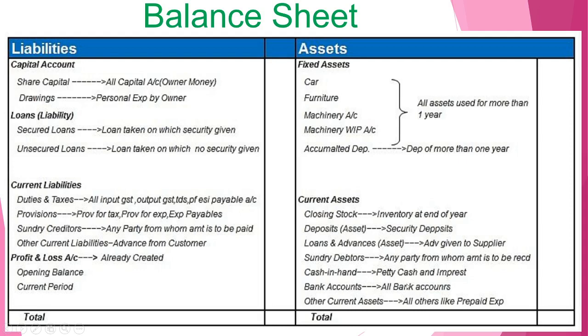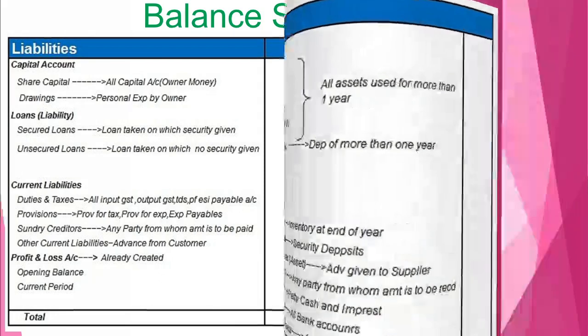Also for bank account, the bank group is going to be there, but the main group is going to be current asset. And other current assets, say for example prepaid expenses, and here also other current liabilities, that is outstanding expenses, are considered under current liabilities, and prepaid expenses which are already given in advance are considered under current assets. It may confuse you right now, but I am sure when we will see the example and we will create ledgers one by one, then you will understand the group concept more clearly.